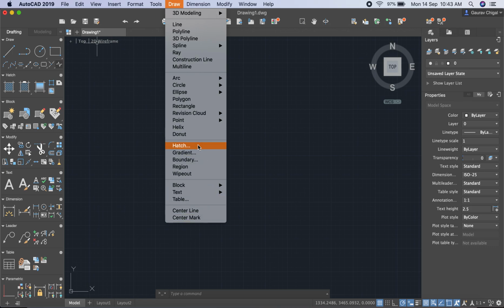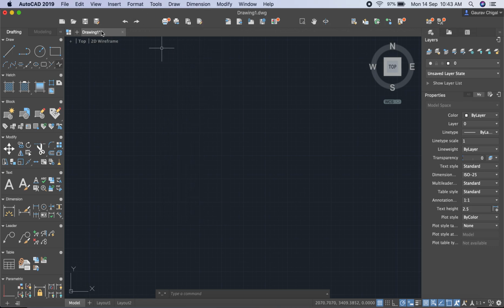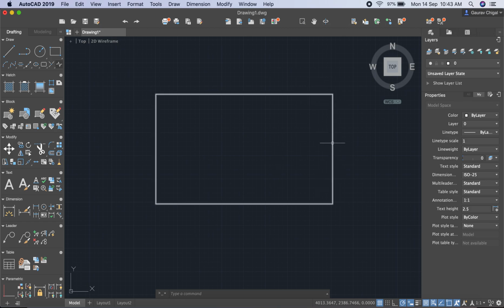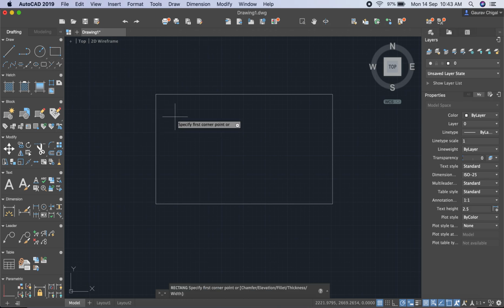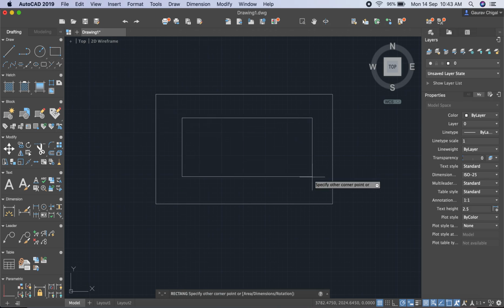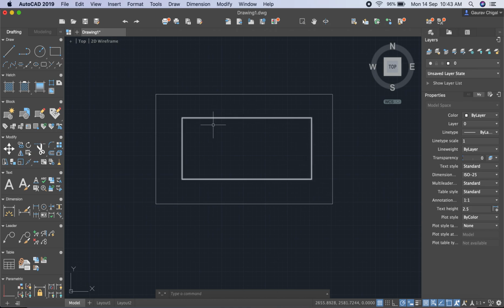So we start with hatch. For hatch we need some enclosed area. So let us say I start with a rectangle. So I make a rectangle here. Now this is the closed entity. As you know, I select this entity, the whole entity is selected. So this region can be closed between these 4 lines. So let us say make another rectangle here. You can make a rectangle of any dimension. I just give you the view of how the command is applied.